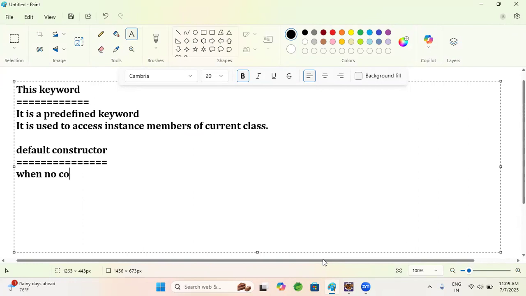When no constructor is given, the Java compiler will supply the constructor. Okay, the Java compiler will supply the constructor. If the programmer does not give any constructor, at that time the Java compiler is going to provide a default constructor. Okay, for example,